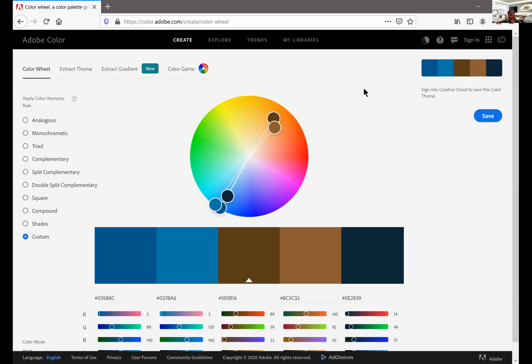But what if you want to change the color? What if you want to change the color from one color to a different color? So let me open up Photoshop, and I'll show you exactly how to change a color using one of the examples. So that's my Photoshop there.